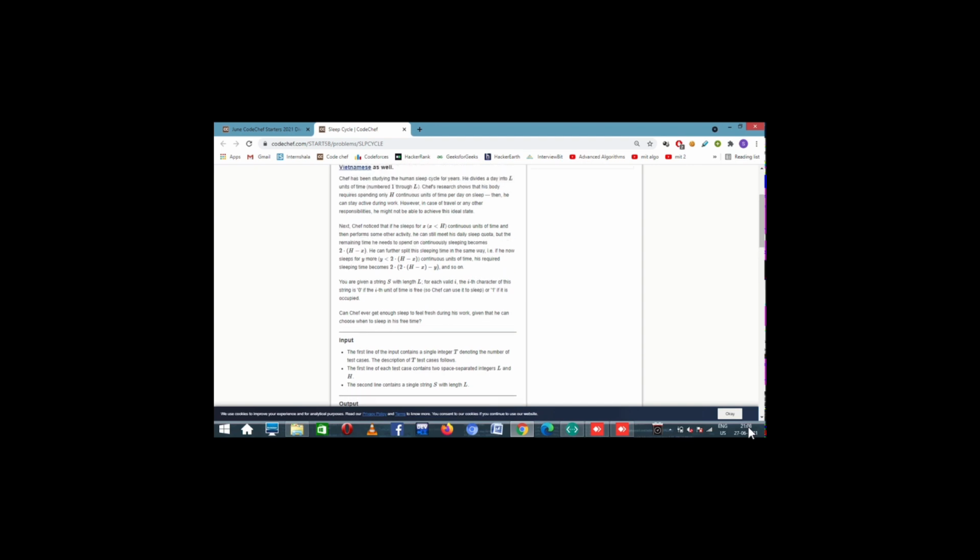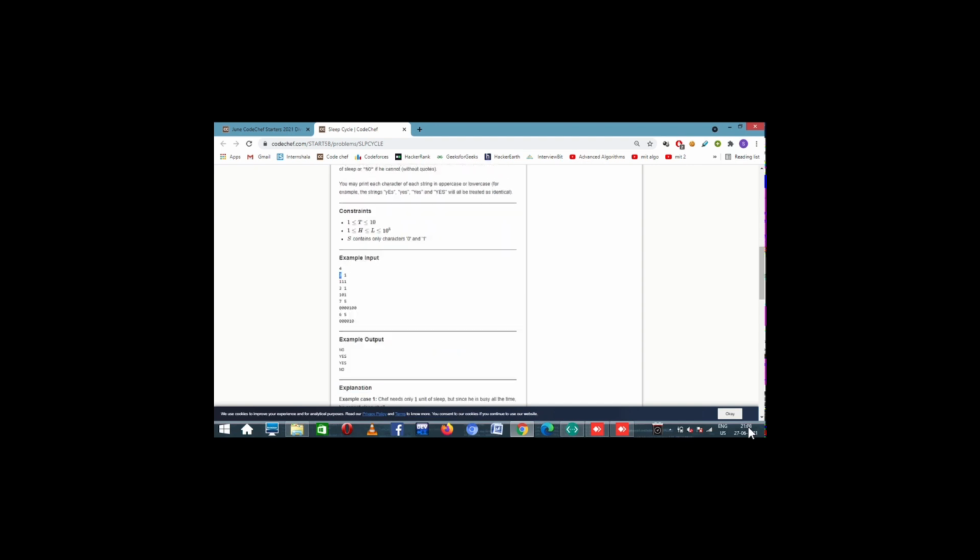So what does this problem say? There is a length L, which says a string of length L. So basically L is no more of a concern to us. It says the length of a day is L, and we will always be given just 1 day. So if the length of the day is 3, we will be given a 3 length string. Length 7, length is 7. So we are given 1 day.